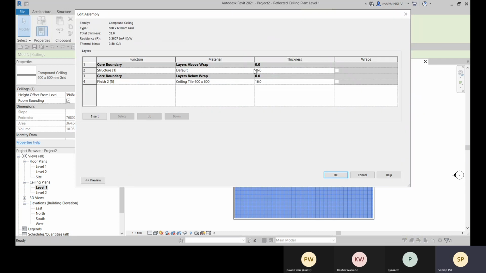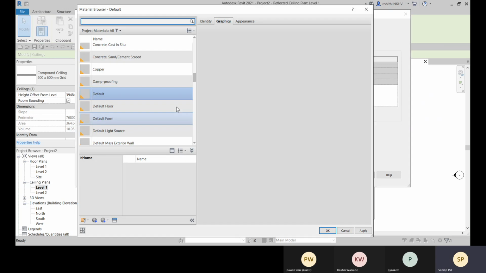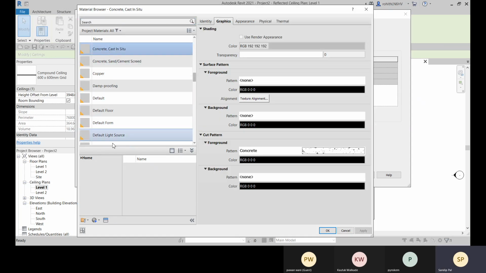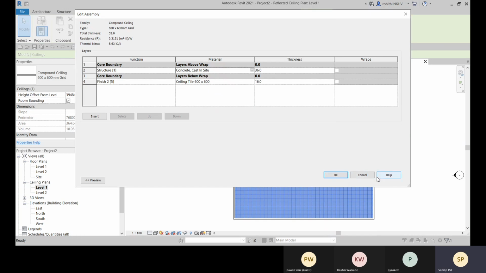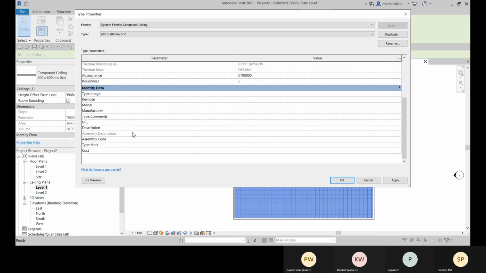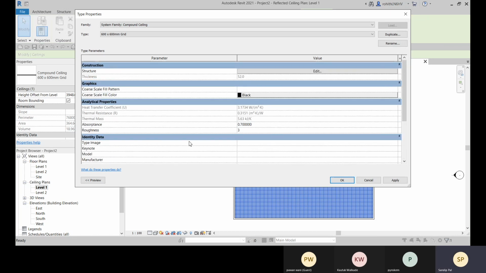For the structure, we will apply concrete, cast in situ, and anything you want to change, you can apply the cost, the keynote, and comments can be added.